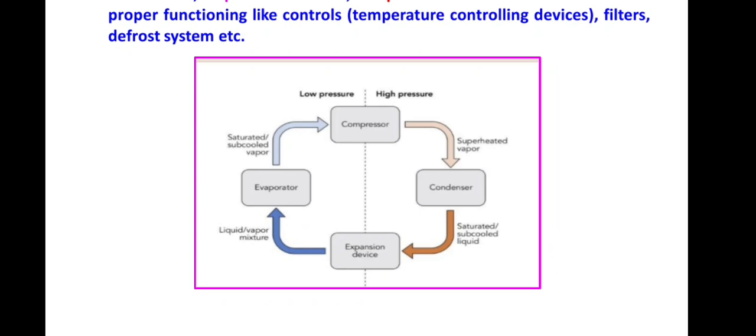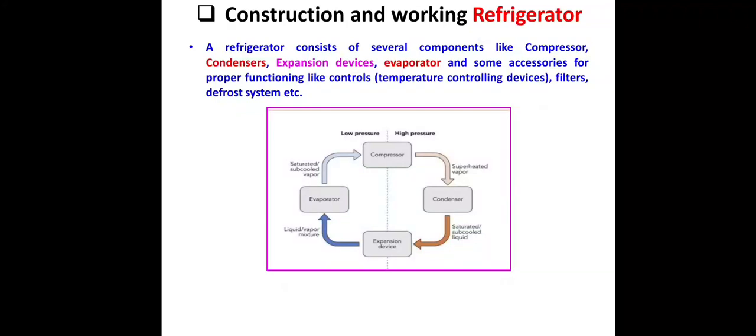The latent heat is absorbed from the refrigerated space. This liquid refrigerant is converted into vapor form. After the evaporation process, this vapor is again supplied to the compressor. There are some other accessories used for refrigerators, such as controls, maybe temperature controlling devices, filters,